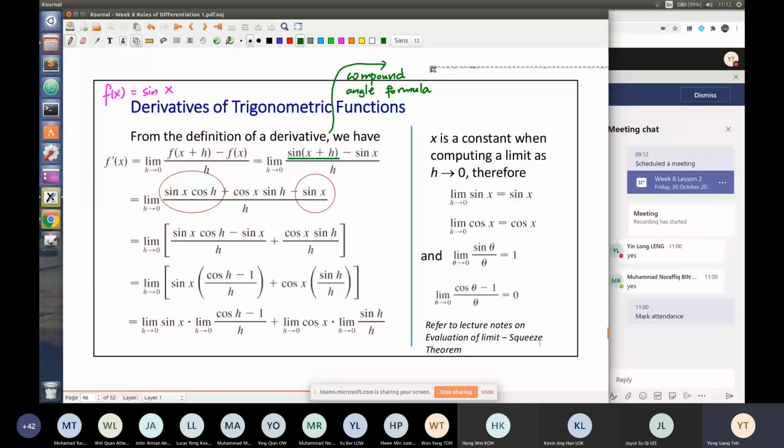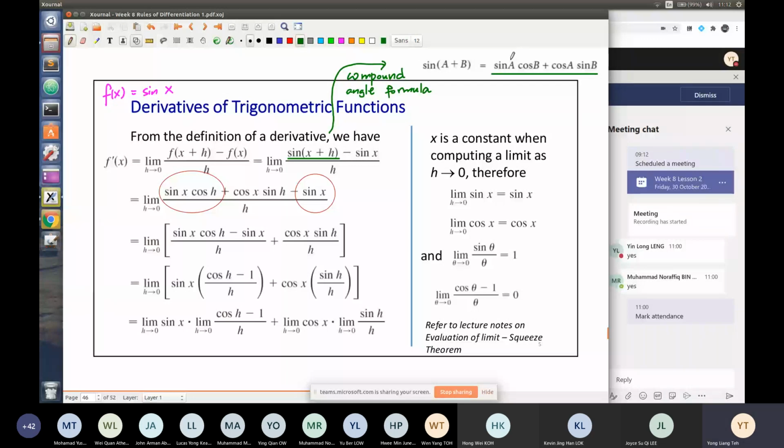That's the one. So you can see this is sine(A+B), which will give us sine A cosine B plus cosine A sine B. All right, so I'm going to use this identity. Which means this x is my A, h is my B. You see that? So therefore, if you follow this, this is actually